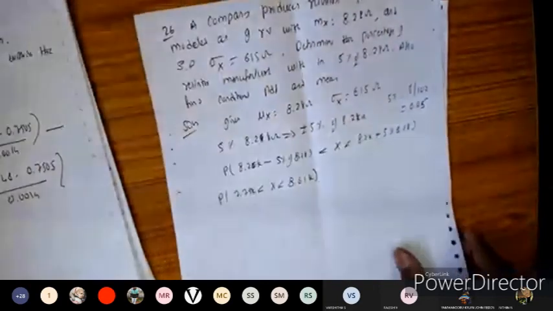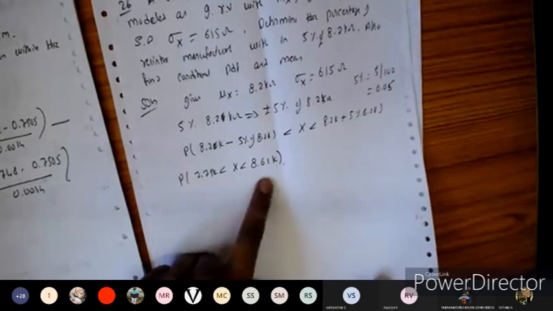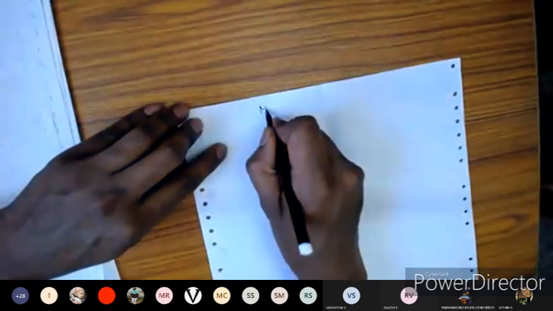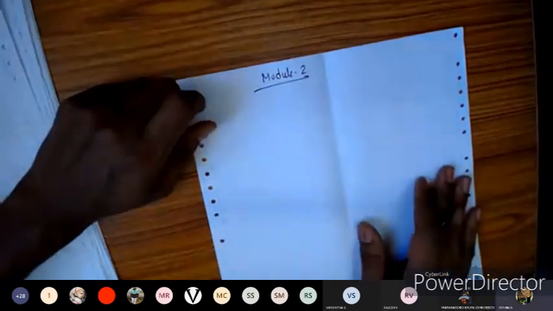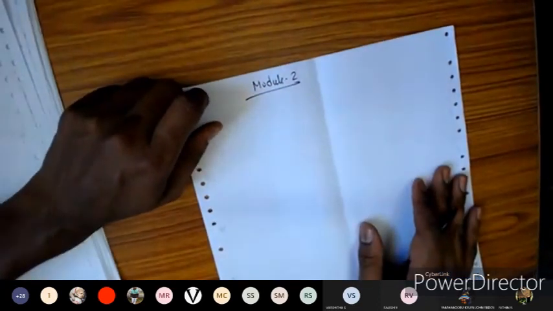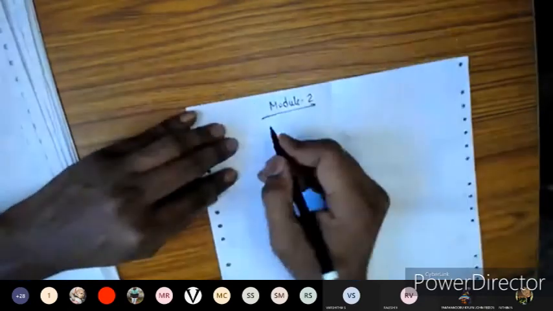In module 1, we have seen a lot of concepts. The same concepts you are going to repeat in module 2 also. Any doubts? You can do this problem as homework. Find this one. Done, right? Any doubts? Okay, fine. I think you understood the concepts very well. The same concepts you are going to repeat for module 2, nothing else.